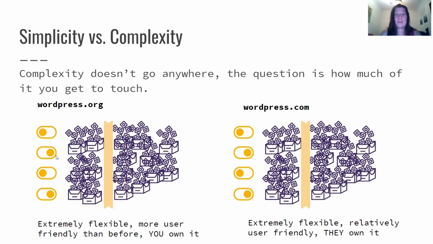Now that's been around for quite a while, and it's been powerful right from the beginning, but it always required quite a bit of technical skill to manage it all, right? To install it properly and to extend it and to maintain it. And in order to solve that problem, WordPress.com was created, which is basically